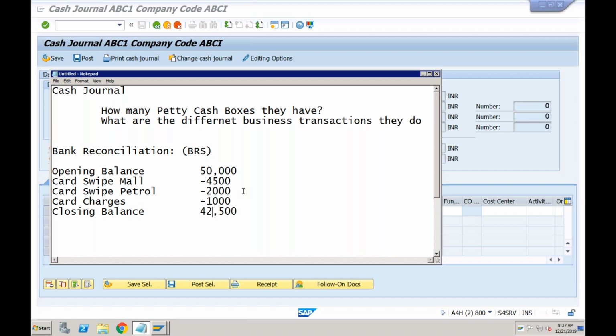You call the customer care, or you visit the bank and ask them why they charged this much amount. First of all, I have not done this transaction. Can you tell me how exactly this transaction came into my account? Right? So they will verify and tell you whether this is a real transaction, or if it is not, then they will refund you this amount.